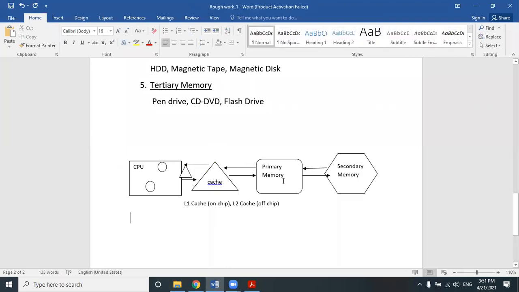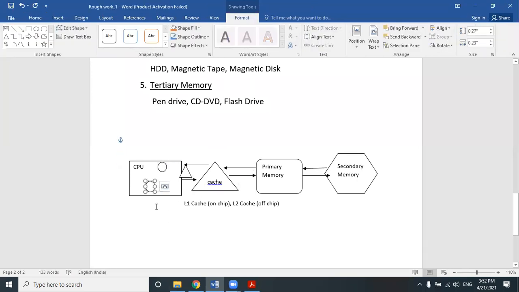So cache memory is a volatile memory. I already told you it's a high-speed memory. It is used to increase the speed of processing by making current programs and data available to the CPU at a rapid rate. The programs or data which are frequently accessed by the CPU, it makes available at a particular time at a rapid rate. That's why cache memory is the fastest memory, and its speed is almost similar to the speed of the CPU. It's a little less than the CPU speed, but almost similar. And register speed is equivalent to the CPU speed.